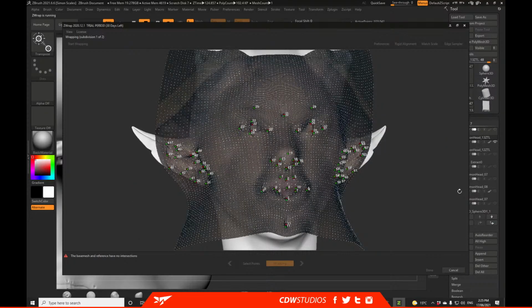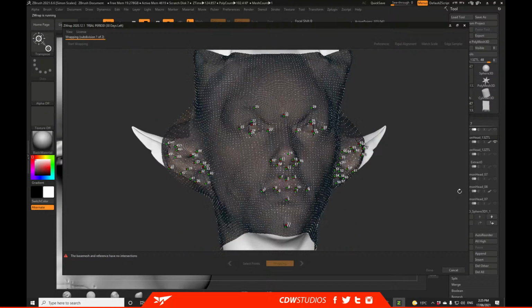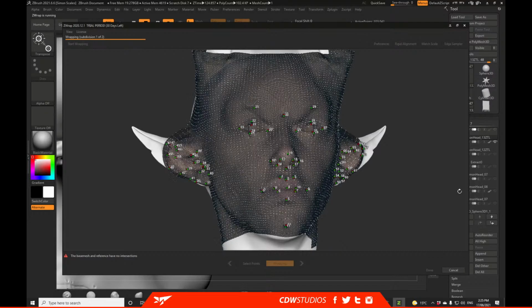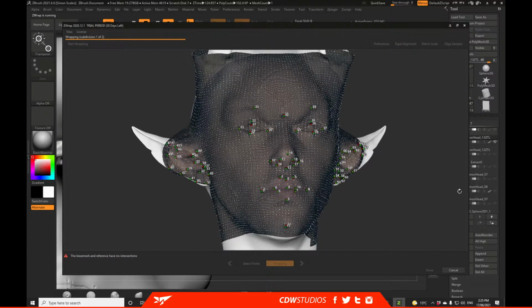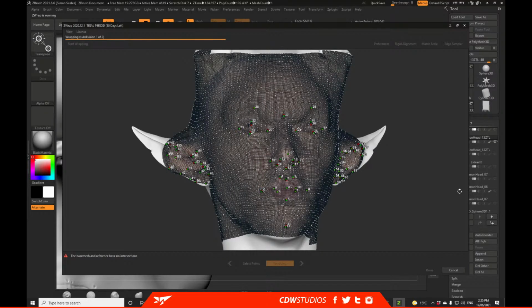No, there we go. Cool. So it's not giving us a progress bar, but that's fine. Oh no, there we go. As long as I know that it's doing something, I'm happy to wait. So yeah, it's just using those points to guide the plane, and it's just wrapping it around. So what we'll get is